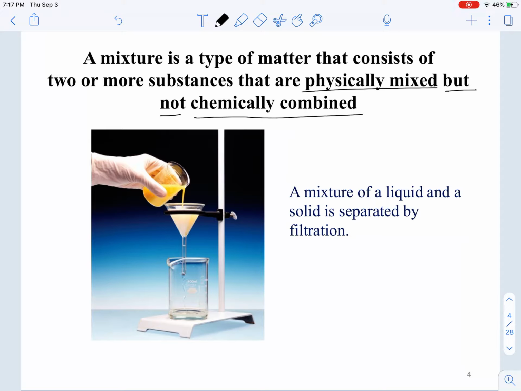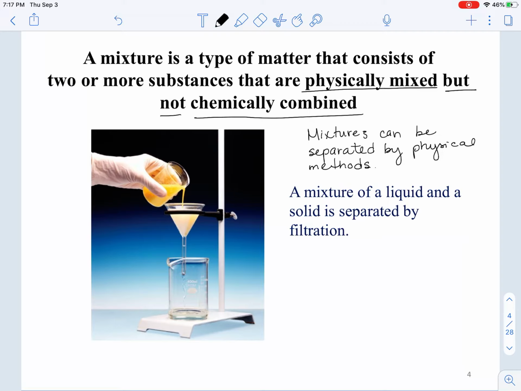Understand that mixtures can be separated by physical methods. These physical methods are going to be techniques that are utilized in the laboratory in order to separate the components